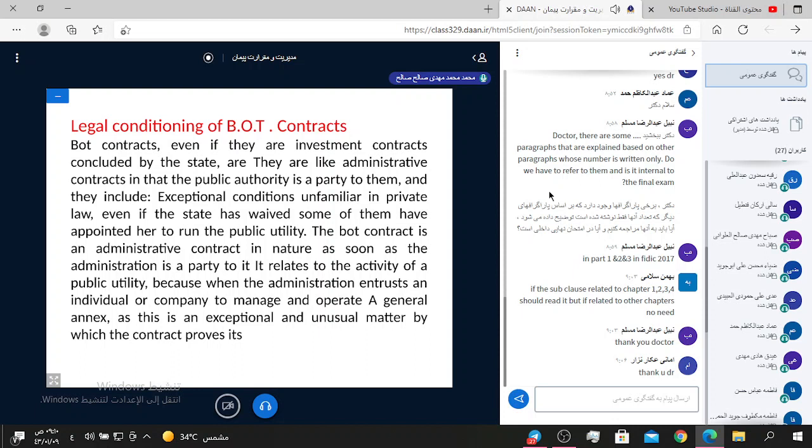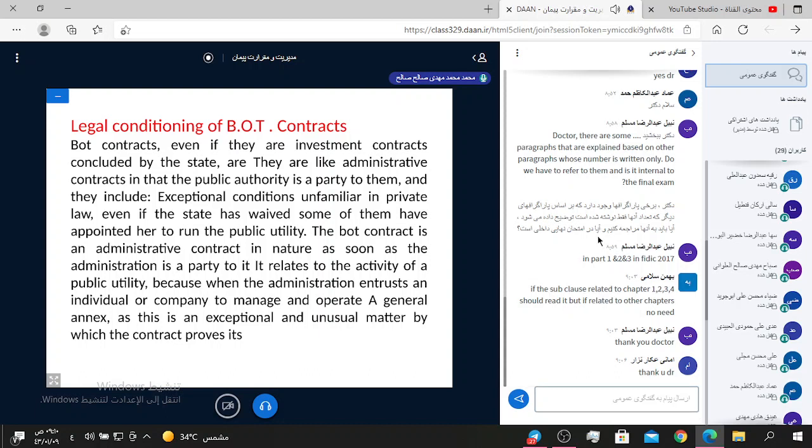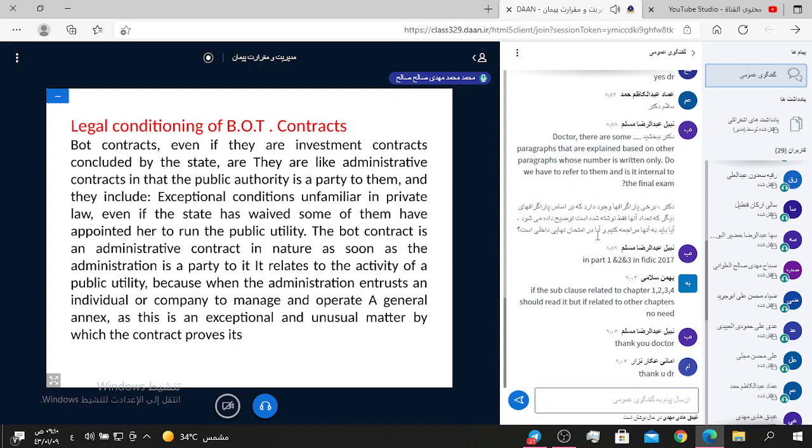The BOT contract is an administrative contract in nature, as soon as the administration is a party to it, it relates to the activity of a public authority, because